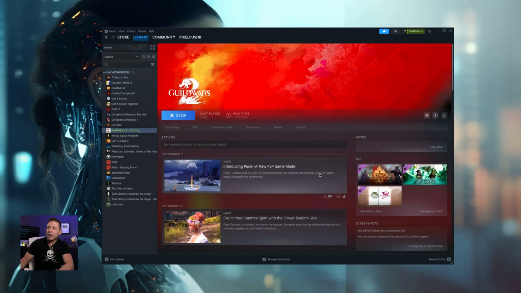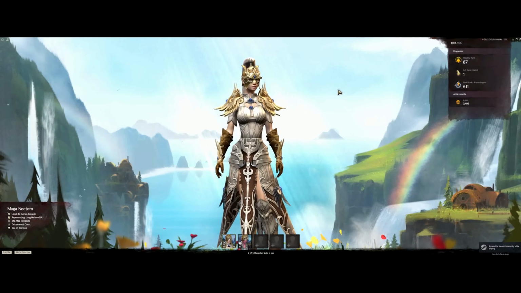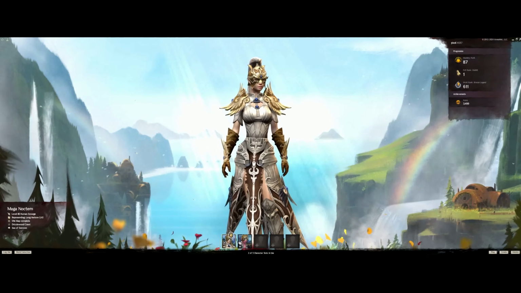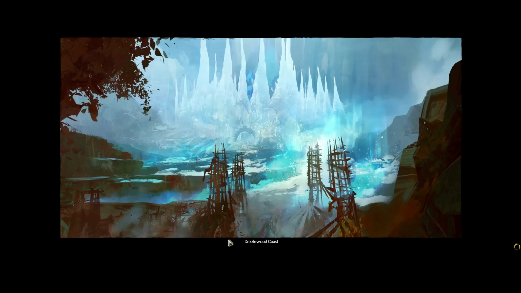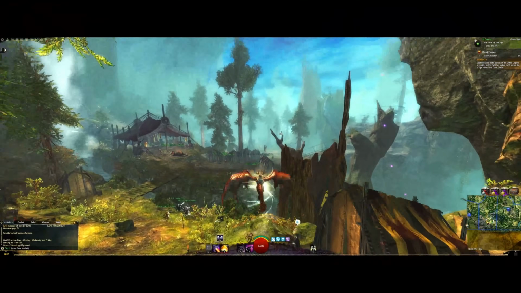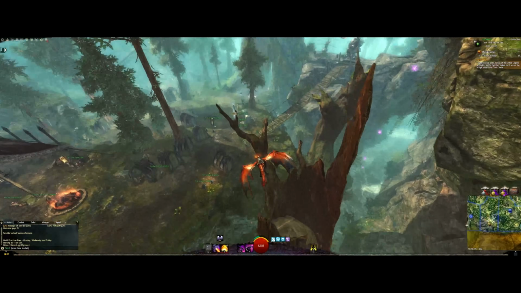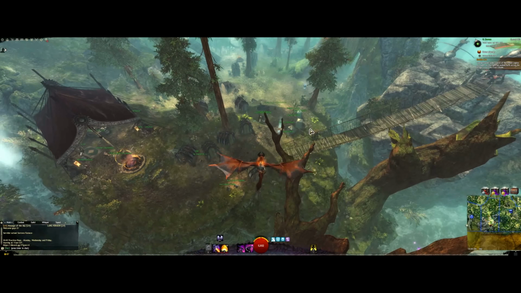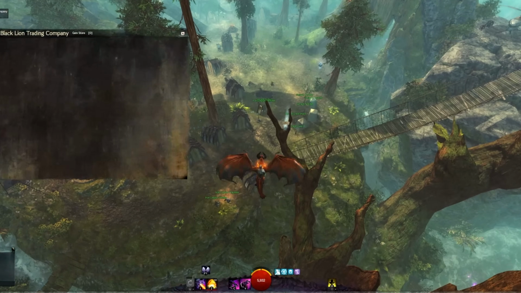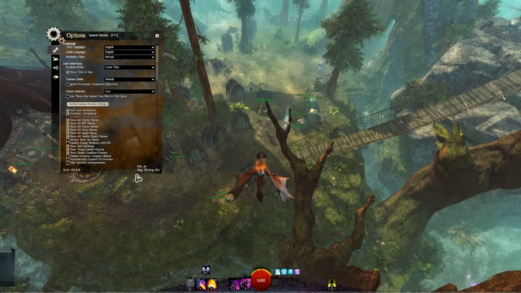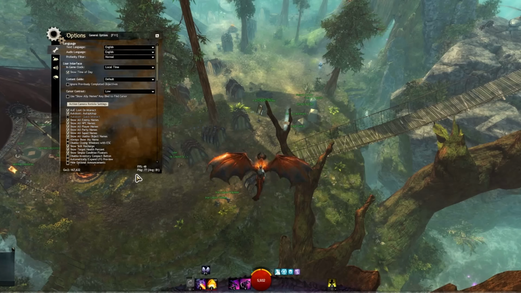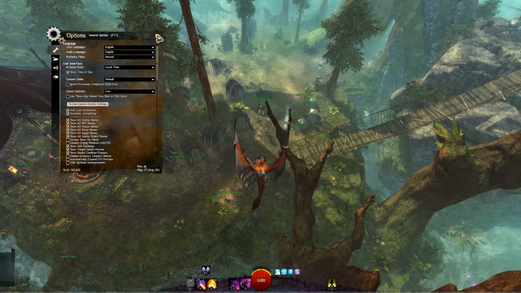If I hit play, matter of fact, let's just go ahead and hit play. I will switch back over to the other monitor and we'll see what it looks like. So there you go. This is Guild Wars 2. We'll just go ahead and drop in real quick just to see what it looks like. Let's fly right above all of this, looking down on it. That's sweet. Let's take a look at what the FPS looks like. There we go. FPS 43, 38, 46. All right, that is the FPS that we're currently getting.